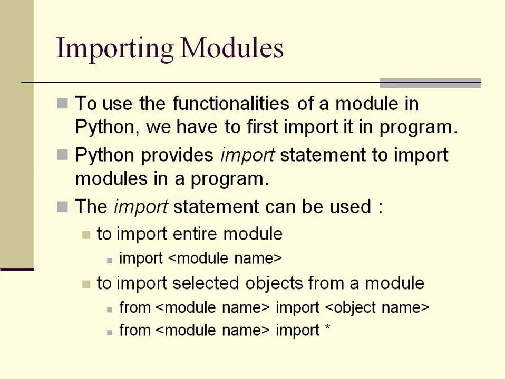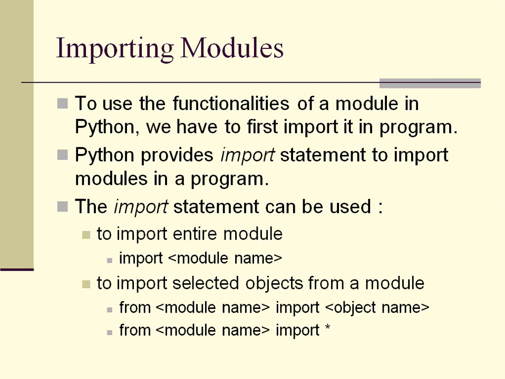But there are some different ways to import a module. You can import the entire module, or you can require just some specific functionalities of that module. Suppose a module contains 100 functions and you do not want to import all those 100 functions, so you can just mention the names of those functions that you require. The first type is, if you want to import the entire module, you will write import and the name of the module. For example, you write import math, import random.